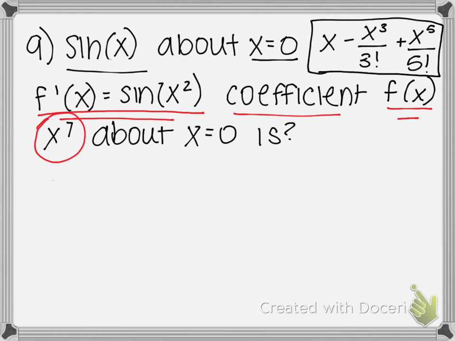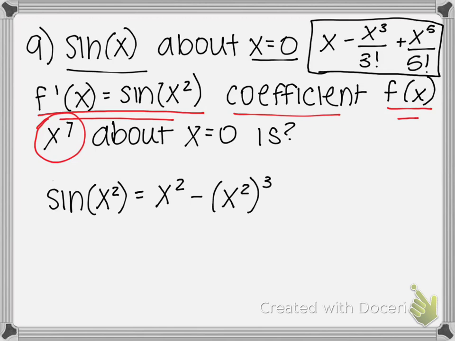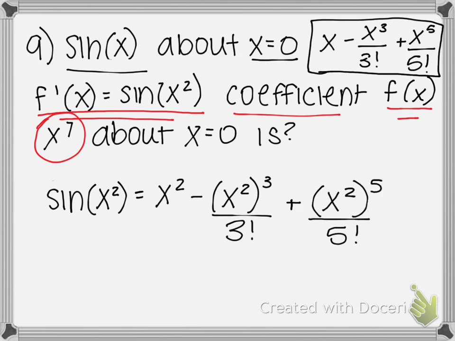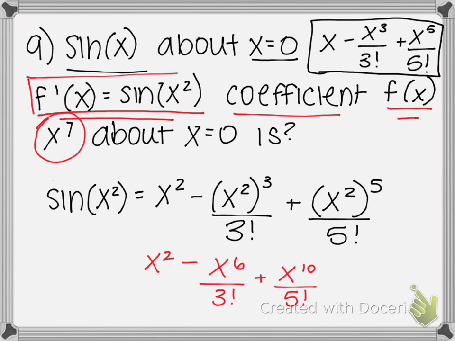Since we're given the Taylor series for sine of x, we can simply plug in x squared into the Taylor series for sine of x to find f prime of x. As you can see, once we do this, we can multiply the powers. So then we would have x squared minus x to the 6 over 3 factorial plus x to the 10 over 5 factorial. This represents f prime of x, but we're being asked to find f of x, so